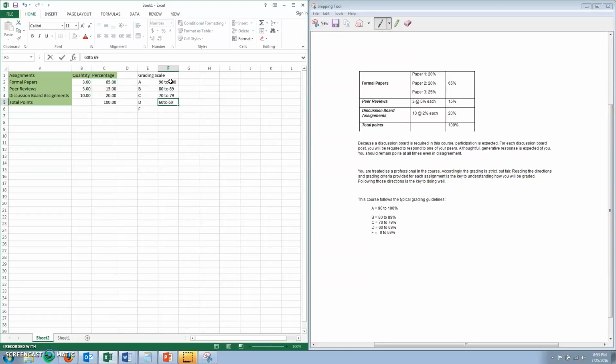60 to 69 for D, and 0 to 59 for F. This can be different, varying on the syllabus, for both sections: the assignments and percentages part and the grading scale. That should just be taken off the syllabus, and if there's more than just 3 different types of assignments like I have highlighted, just simply add that to a row below